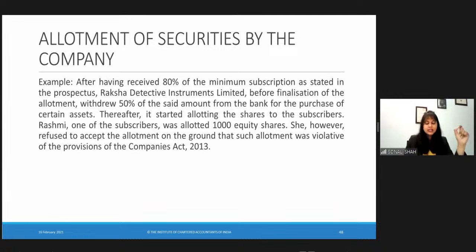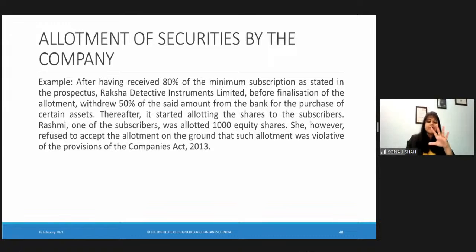So the law says that a company will not be able to allot any of the securities until the amount that is provided in the prospectus as the minimum subscription is subscribed, and the sum that is payable on application in respect of minimum subscription is received, right? So SEBI says that the minimum subscription has to be 90% as per the CDR regulation, and the nominal value as per the law is 5%.